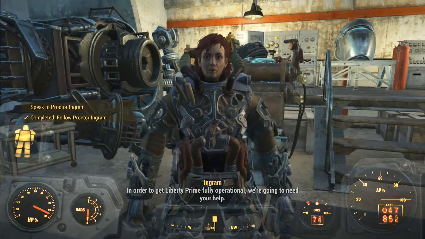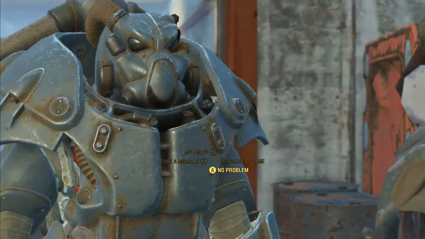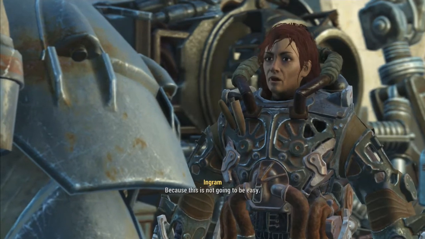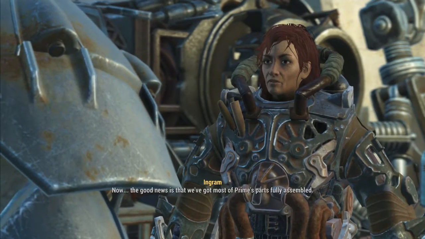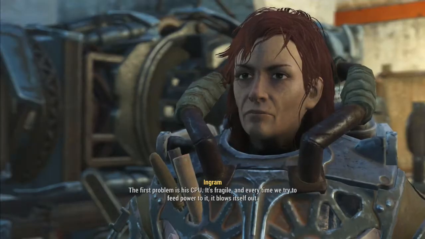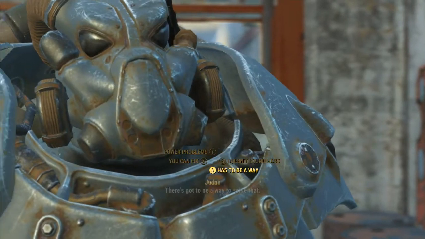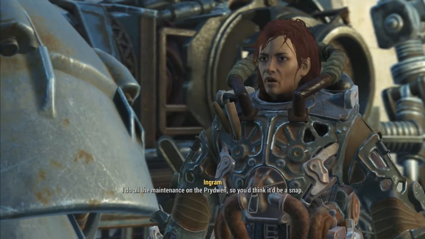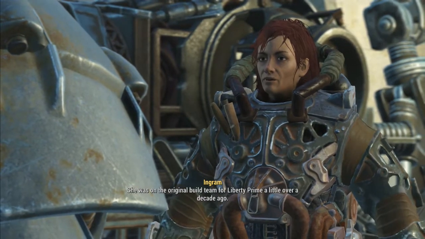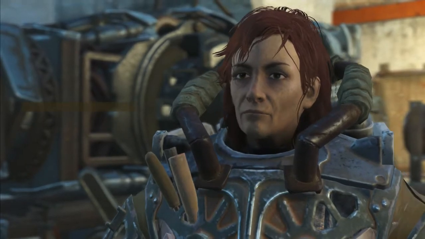In order to get Liberty Prime fully operational, we're going to need... no problem. I wish I had your confidence. Probably going to need the reactor from Mass Fusion. This is not going to be easy. Building. Now, the good news is that the bad news is that it's going to take more than a few. The first problem is his CPU. There's gotta be a way. I do all the maintenance. Luckily, you were able to convince... She was on the original build. I've already spoken to her, but if you could get her down here to lend a hand with this...